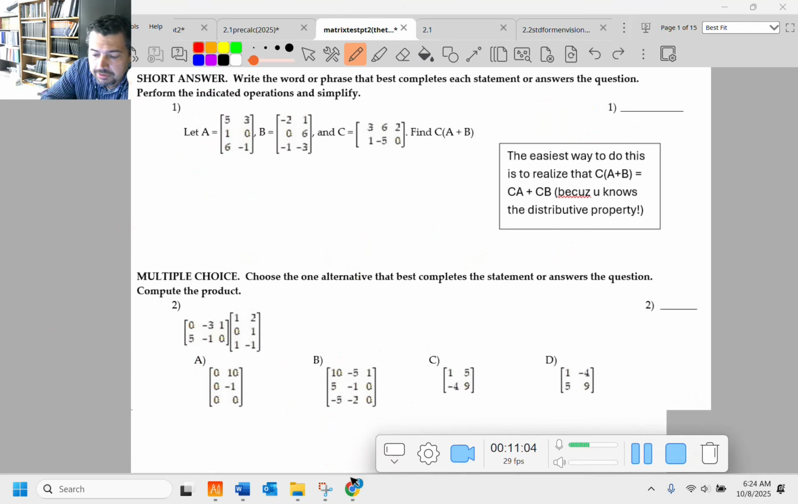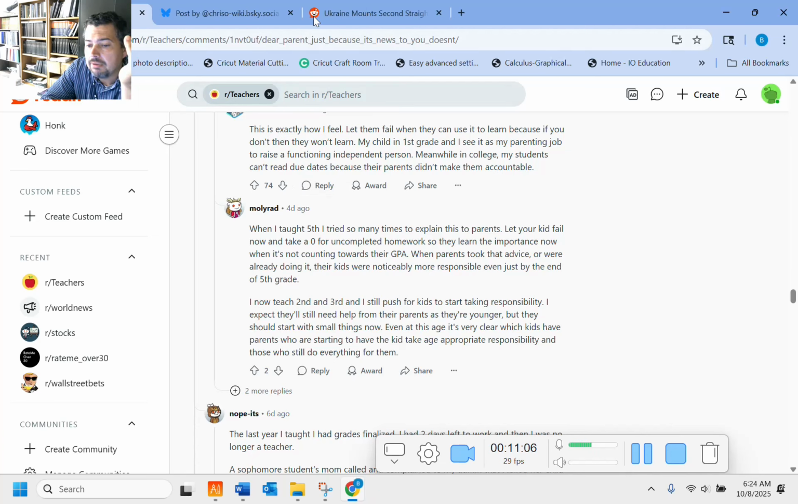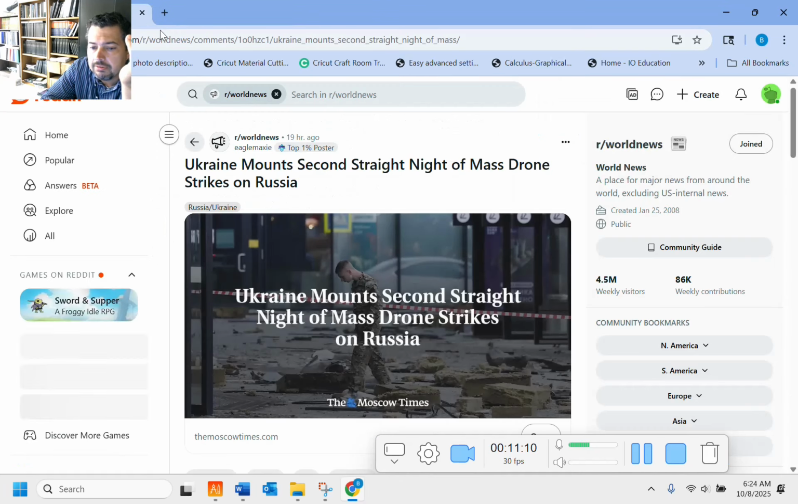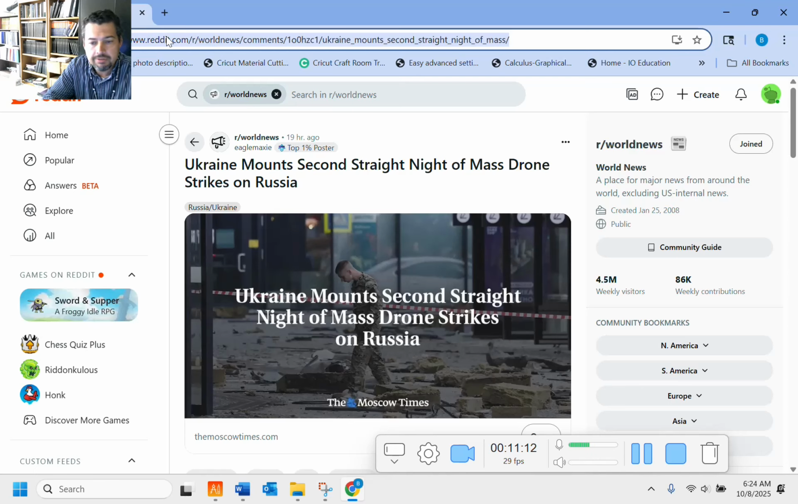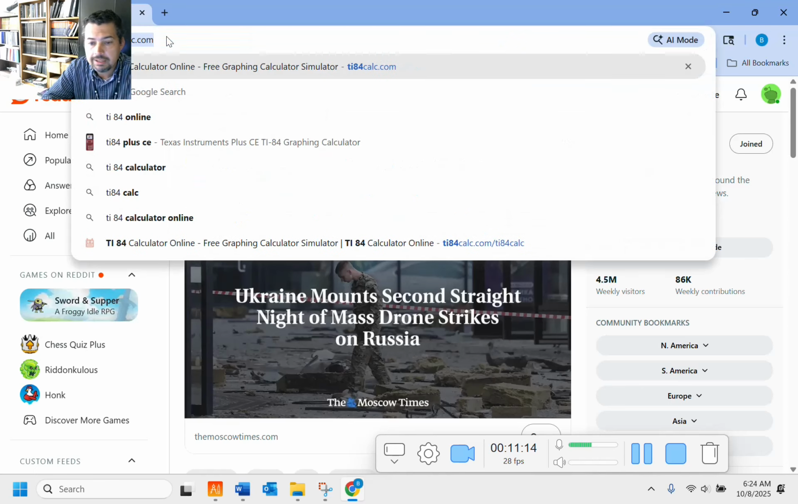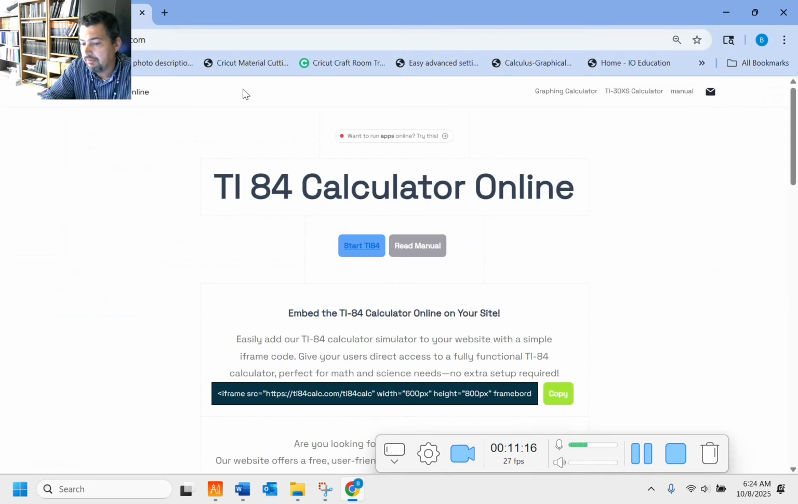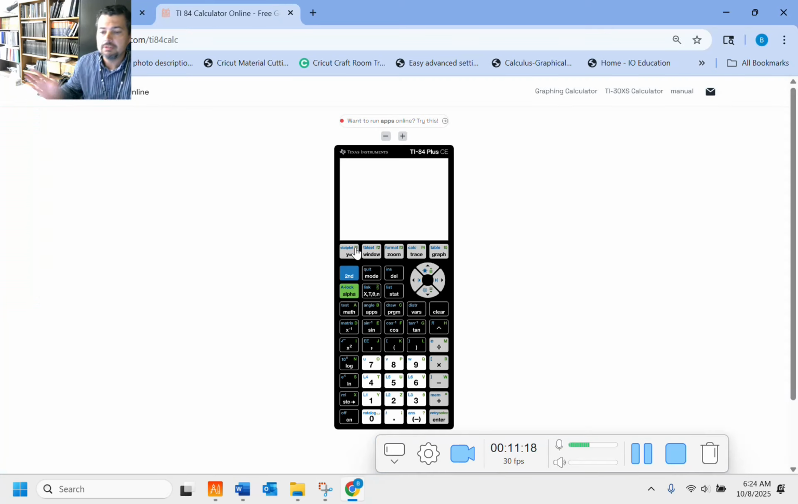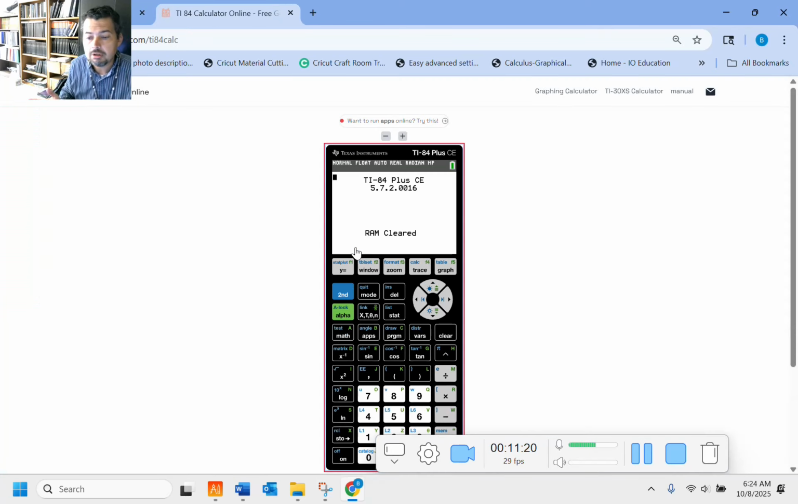Alright, so part 2, are you allowed to use a calculator? I want to remind you that, forgive me, I'm on Reddit. I love Reddit. If you don't have a calculator at home, you can go to ti84calc.com and there is this wonderful TI-84 that you can use. Who'd have thought? It's even a C color edition, man. But anyways,